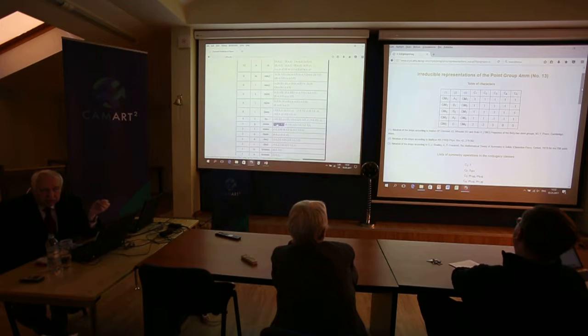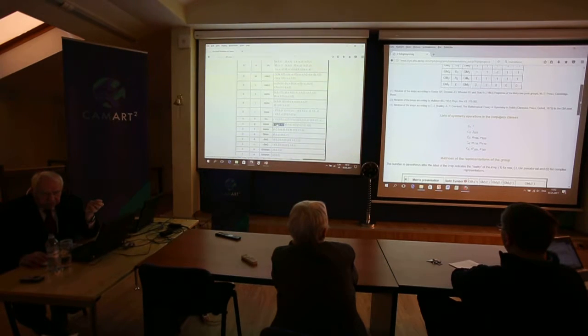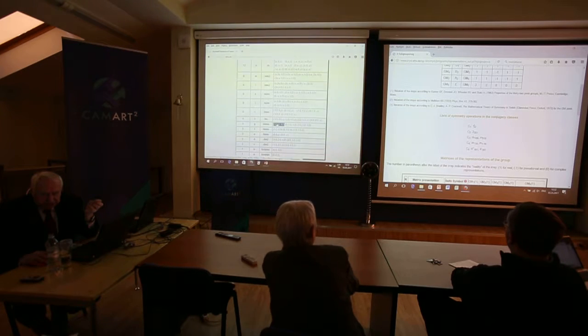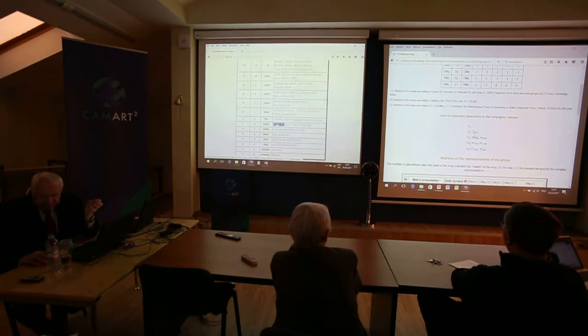Any group consists of so many irreducible representations. How many? The number of classes. In this case, it is 5 classes, and the first class is identity. The second class is rotation around the second order axis. The third class, these are reflections